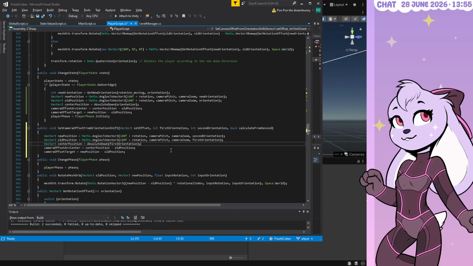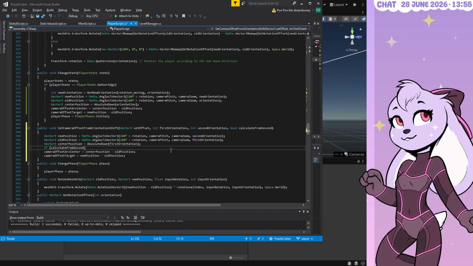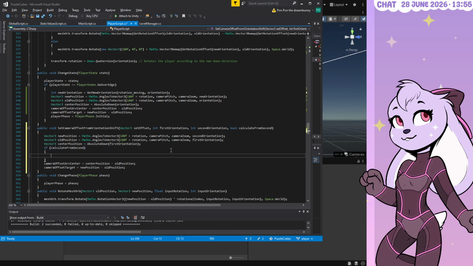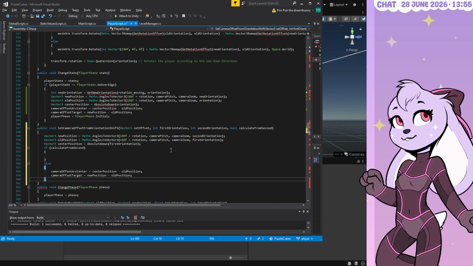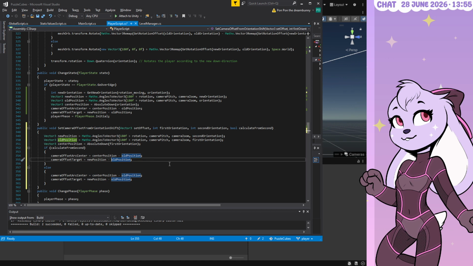And then it needs to do if calculate from second, because that should have the old minus new instead, and center minus new, I think. And if I did this correctly,